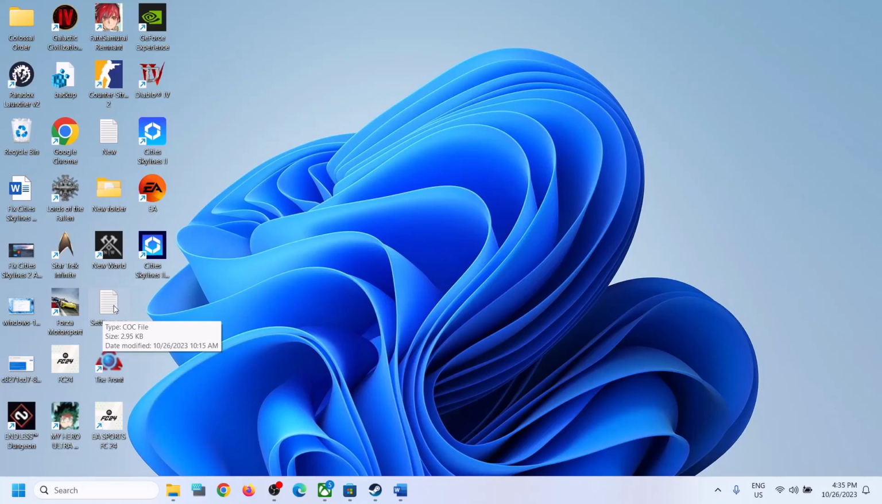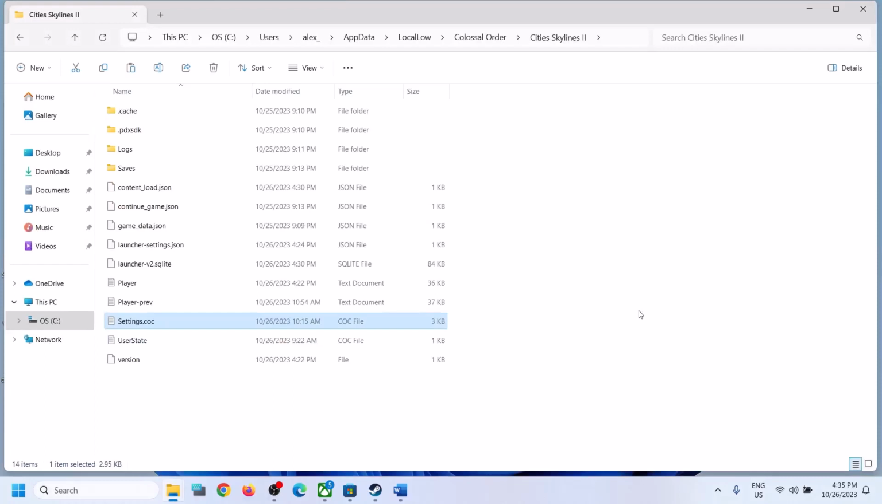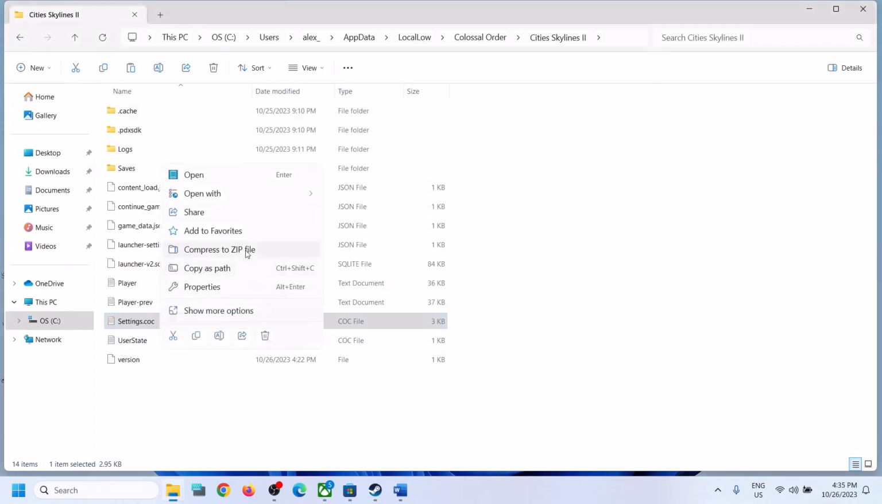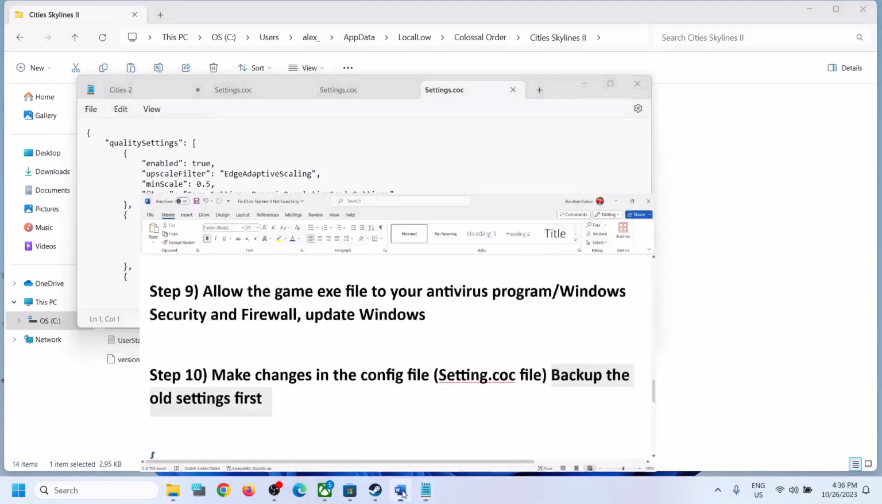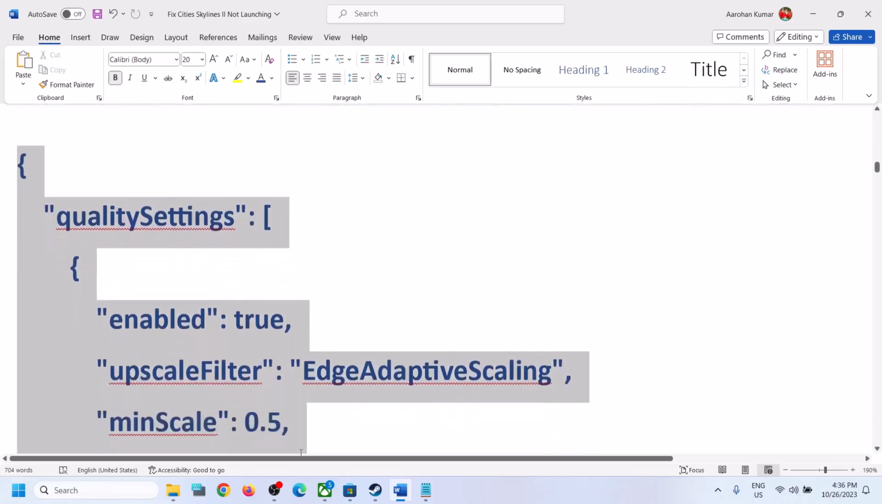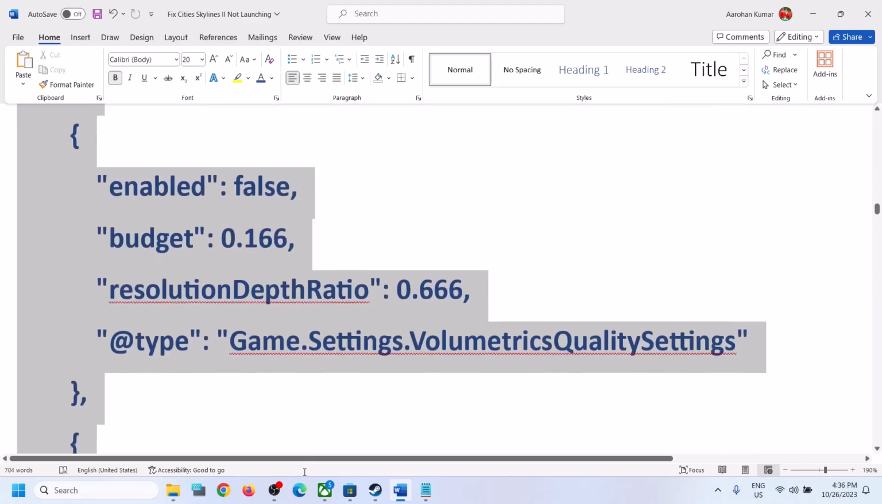If something wrong happens, I can copy it and paste it in the original location whenever you want the old settings. So now once you have a backup, open this settings file with notepad. Make a right click, then open with and notepad. Now once you open it, copy all these settings entry over here. This is provided in the video description. So scroll down,